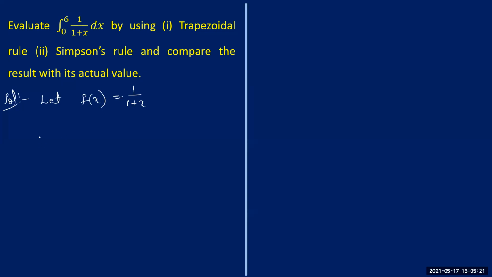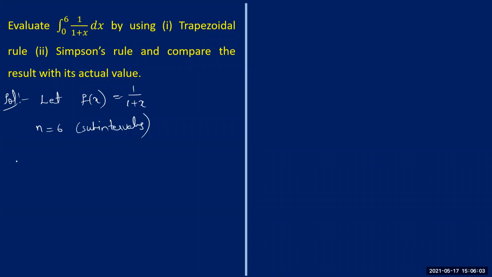Fine. Now see, as we are considering every time, we need to divide this into some number of intervals. See, number of intervals is not mentioned in the question. So since the interval is 0 to 6, length of this actual interval is 6 units, 6 minus 0, right? Since the length of this actual interval is 6 units, let us try to divide that into at least 6 subintervals, so that we'll get results properly. You can also divide that into 12 subintervals, 18 subintervals, it's all up to you. But here in this case, I'm trying to divide this into 6 subintervals, right? So I'm taking n is equal to 6.